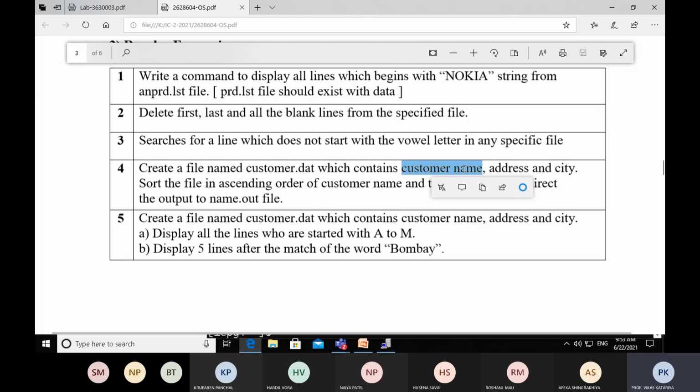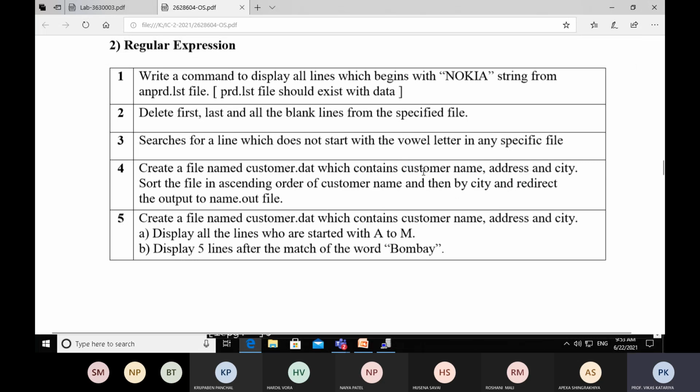You have to just mention the records, because if you make a label line like customer name | address | city, then it will be considered record number 1. So you have to keep in mind, in the Linux text database, everything is considered as a record. There is no need to mention the label.